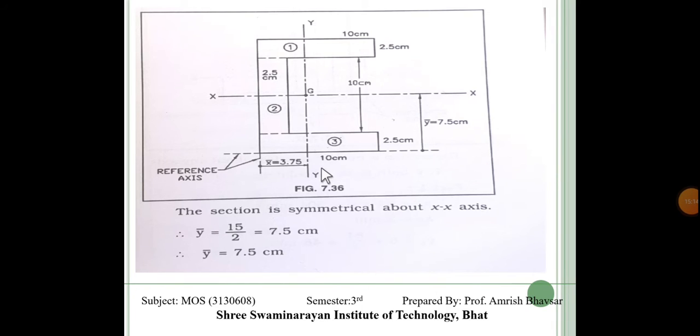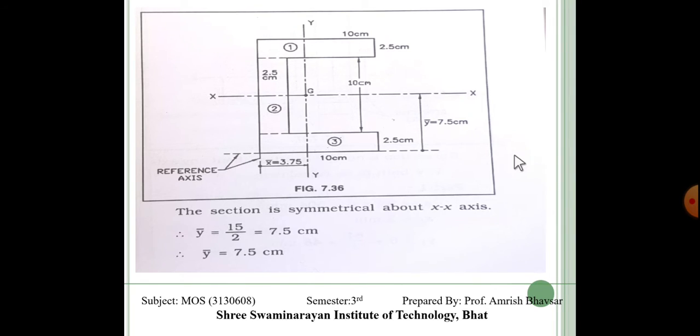Another important case. This is our C section, having dimensions 10 centimeter by 2.5 centimeter. This is 2.5 centimeter, this is 10 centimeter. All the flanges and webs are 10 by 2.5 centimeter. So first of all, we have to put down the reference axis over here,